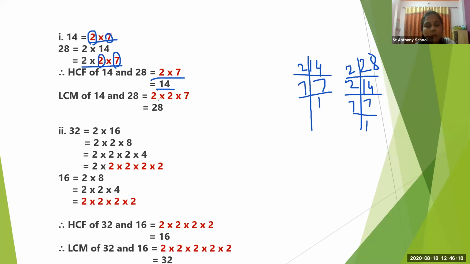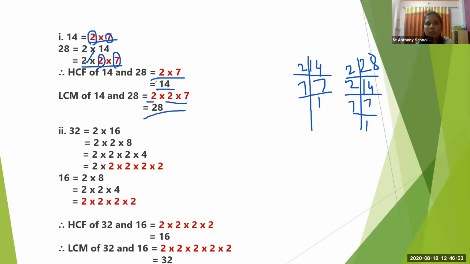Now to find the LCM, what we'll do? We will take the common first, and what are the remaining one? ये 2. इसको किसी ने नहीं लिया, right? ये 7, 2 और 7 दोनों में कॉमन है और 2 कॉमन नहीं है, तो ये हम वापस से लेंगे एलसीएम में. ठीक है, so 2 2s are 4, 4 7s are 28. So 28 will be our LCM. Understood everyone? Or else you can find it by column method. Okay, whatever, it's your choice how to find HCF and LCM, by column method or by this method.